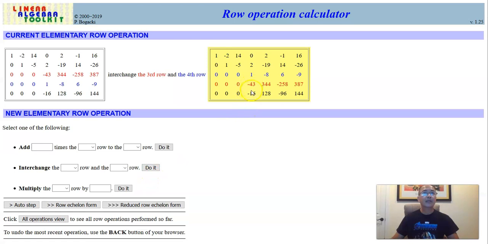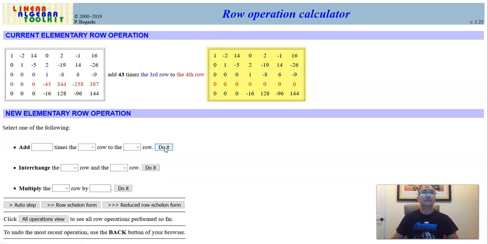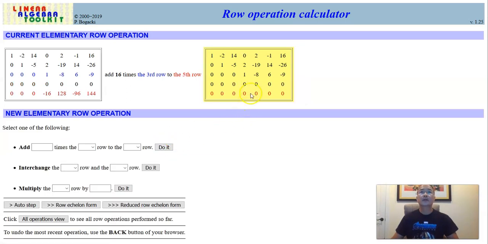And then we clear the -43 and the -16. So add 43 times the 3rd row to the 4th row. Ooh, all zeros. So that happened before also. And add 16 times the 3rd row to the 5th row. All zeros as well. So now